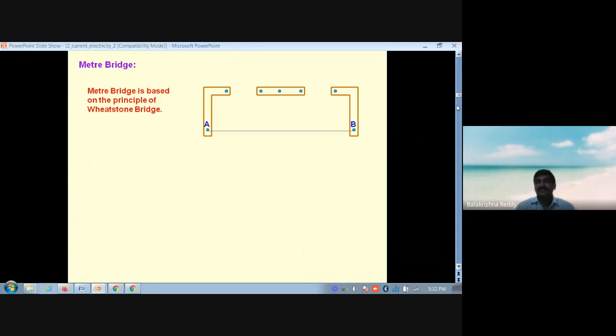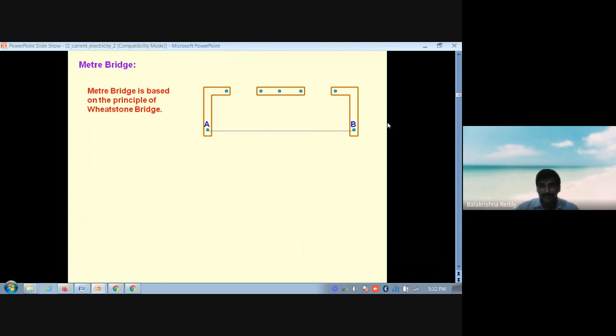Meter bridge. It's a bridge. Since I said the word bridge, it is a wooden bridge or wooden frame. On that you have two metallic terminals, A and B, and after this L shape, in the middle there is one more wooden frame. Between the wooden frames, again there are some metallic terminals you will find practically when you see the bridge. These terminals act as connectors or contact points on the entire bridge.